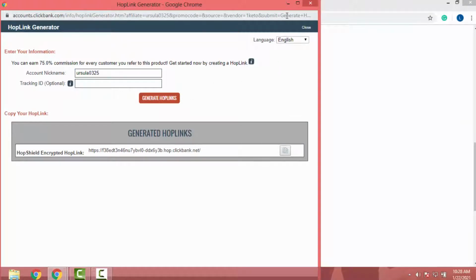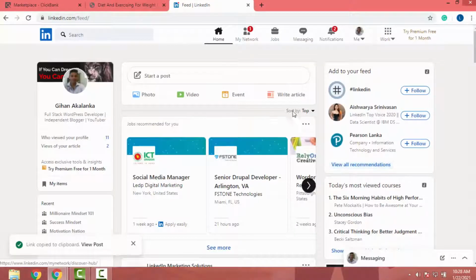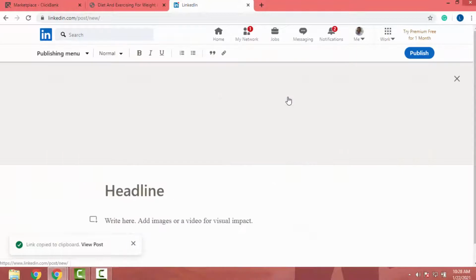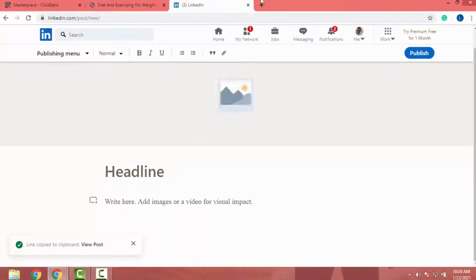I will minimize this window and now we have to go to LinkedIn and create the article. I will click on write article. So this is the area where we can write our article. Next point is we have to find our article. To find our article, I will go to